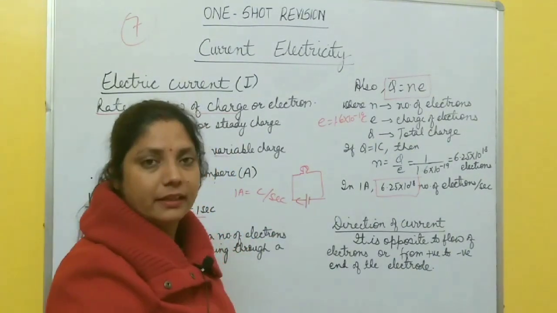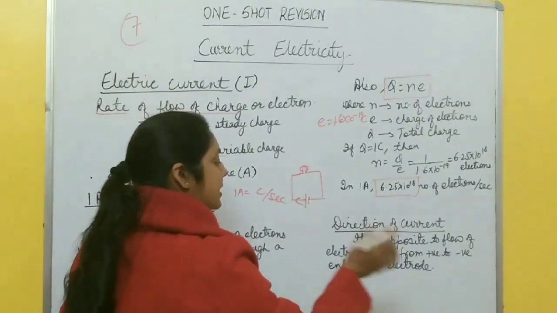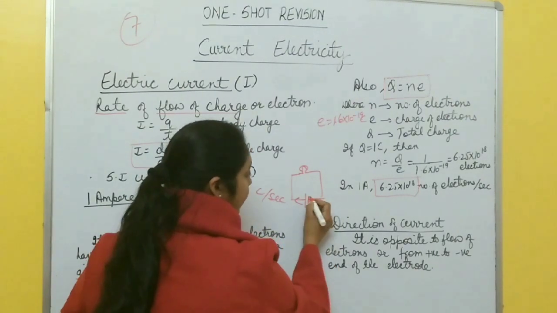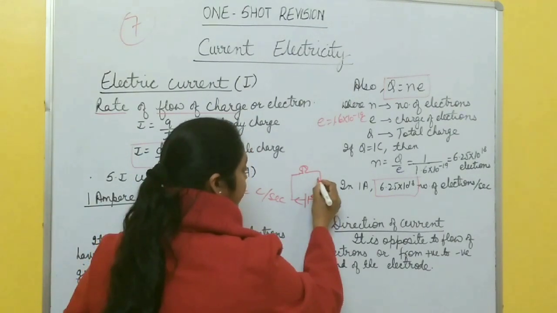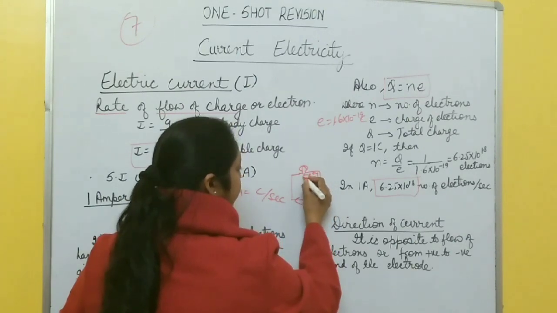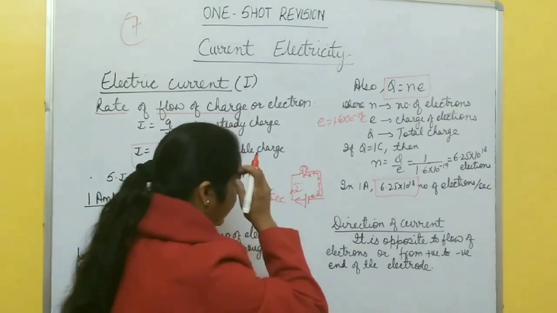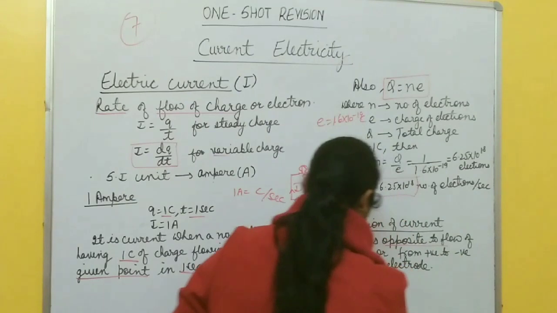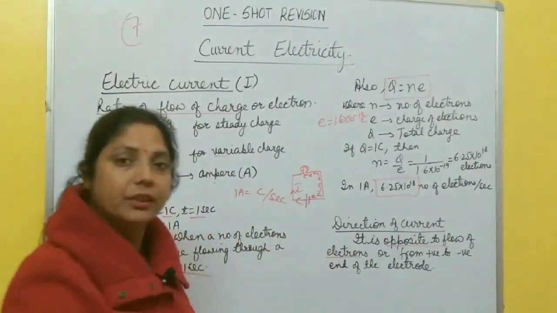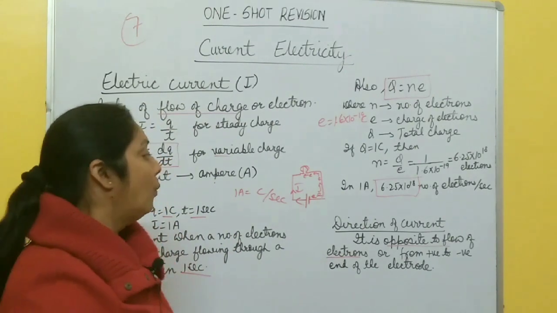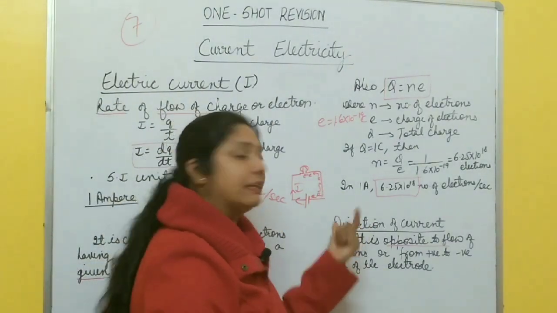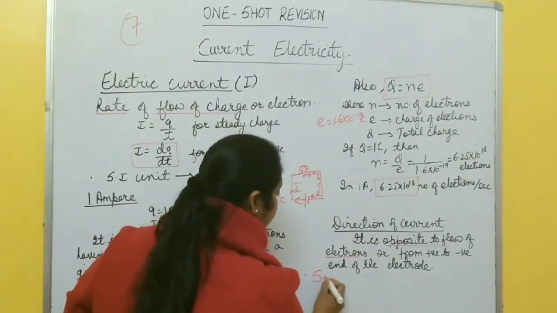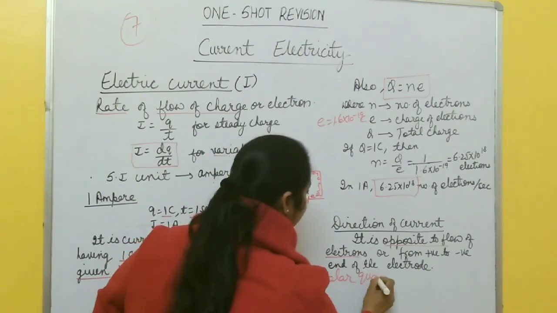We'll discuss the cell in detail after completing some topics, right? So you must remember that this negative electrode has more negative charge, so electrons flow in this direction, and the direction of current is in this direction. It means the direction of current is always opposite to the flow of electrons. Opposite. Or you can say from the positive to the negative end of the electrode of the cell, right? One more thing. Direction of current is there, but still current is what type of quantity? Current is a scalar quantity, right?